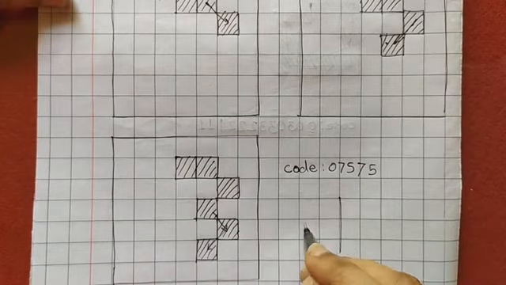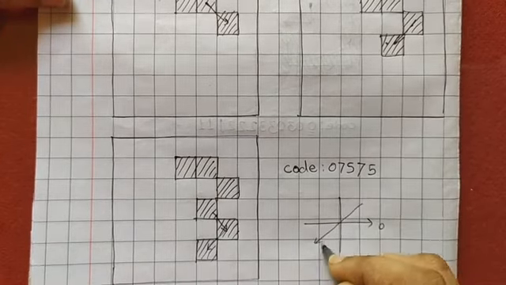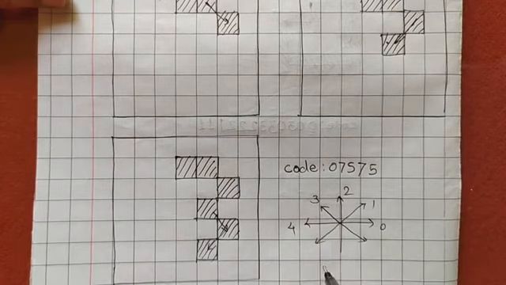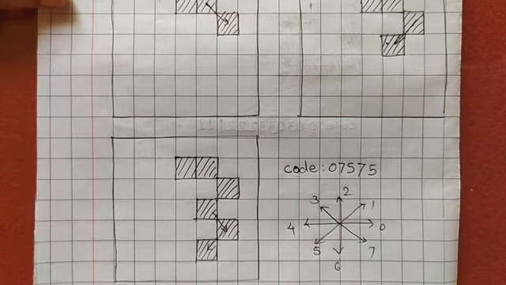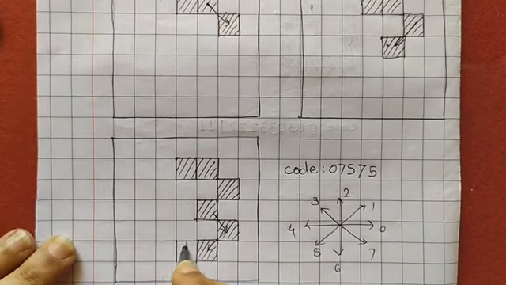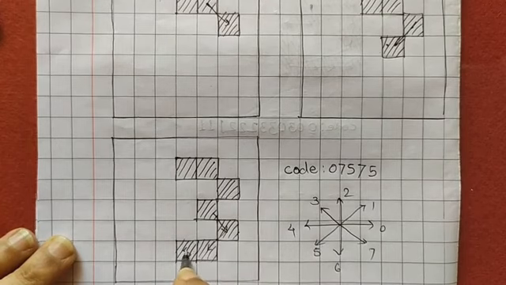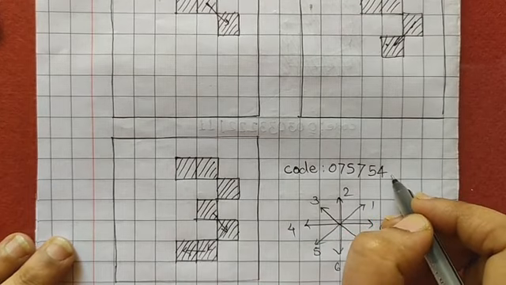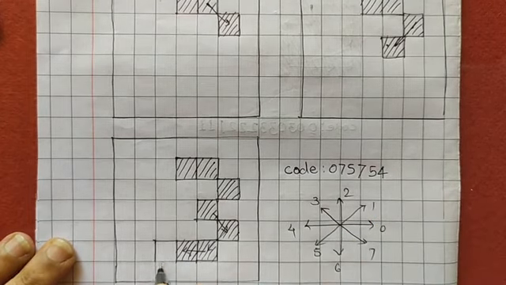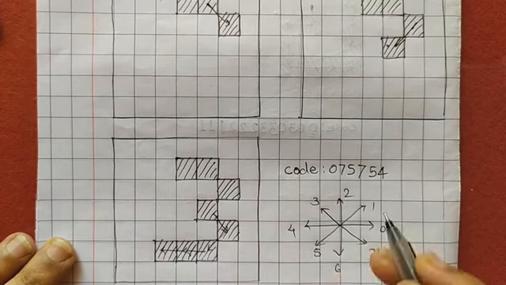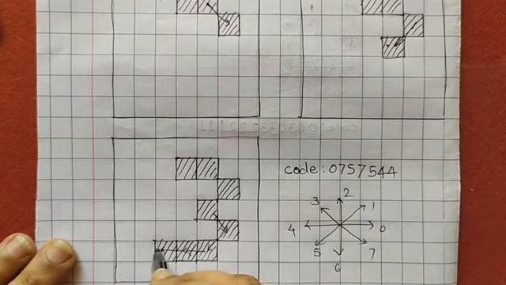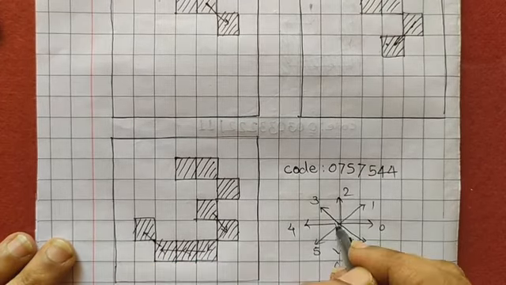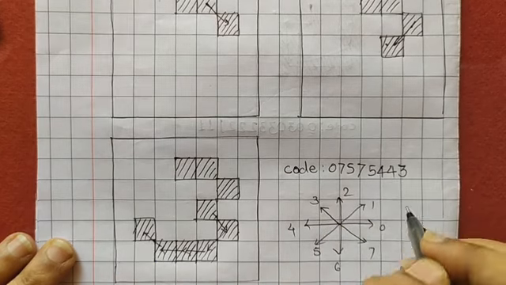Here I'll draw the code 0, 1, 2, 3, 4, 5, 6 and 7. From this direction cursor will move in horizontal direction in this way. So the code will be 4, that will be assigned after this particular code value. Again our cursor will move in this direction, so code will be 4. After this cursor will move in this direction, and for this direction our code value will be 3.